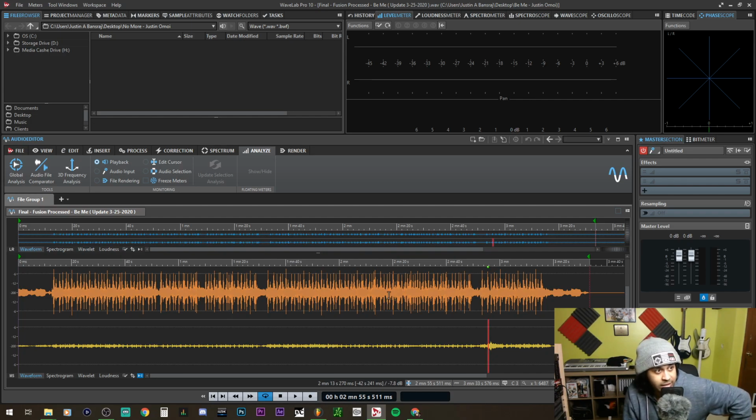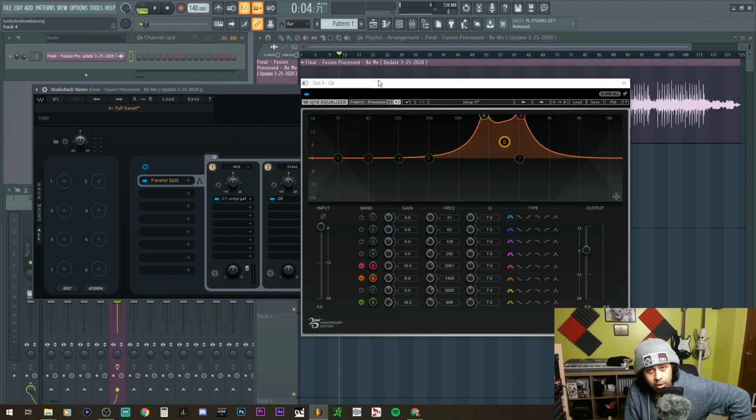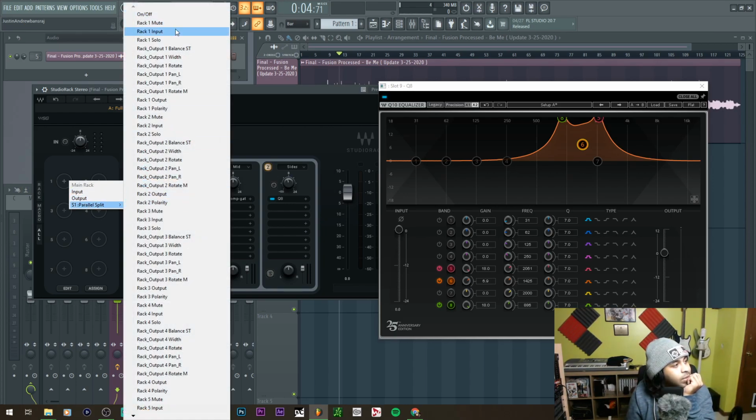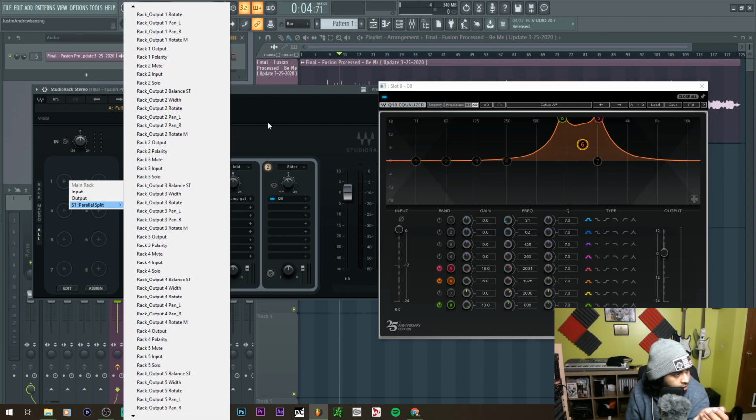But with Waves having a splitter, that changes the world up. Now I could just play just a mid like this, just a side like this, and pretty much preview those two aspects without having to go into WaveLab. My god, I didn't even go over everything really. So it looks like we could control the racks, the splitter, the inputs or whatever it seems. The rack inside the rack.